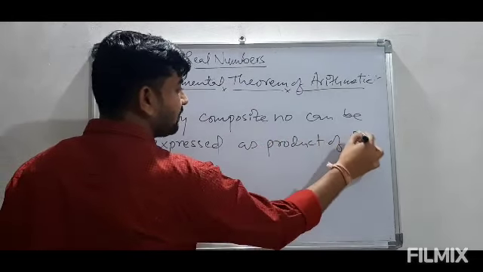If we talk about 64, we can find out the factors of 64 by using the prime factorization method. It is very simple to find out. So what we can write, we have to divide it by 2 as it is an even number. 6 divided by 2 is 3. 4 divided by 2 is 2. So we are getting 32. Again this is even, so we can divide it again by 2.